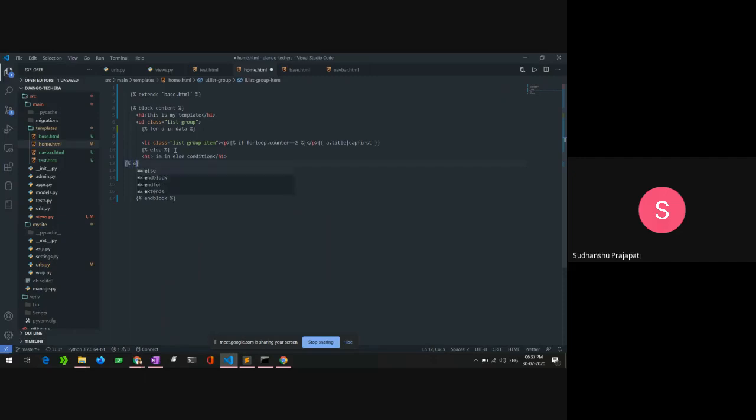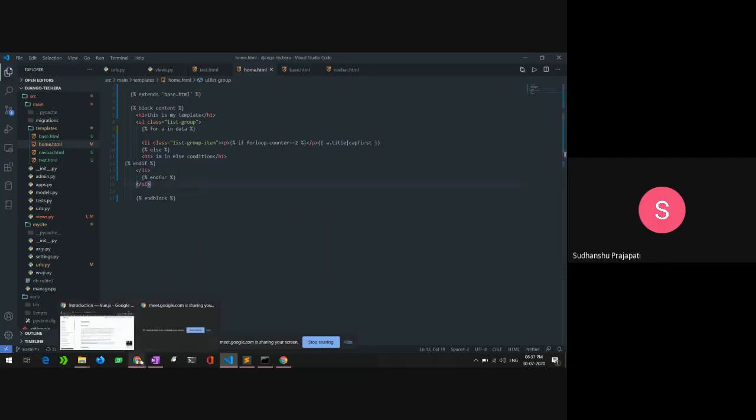If the loop counter is equal to 2, it will print the title, capitalizing the first letter. Else it will print that I am in the else condition.